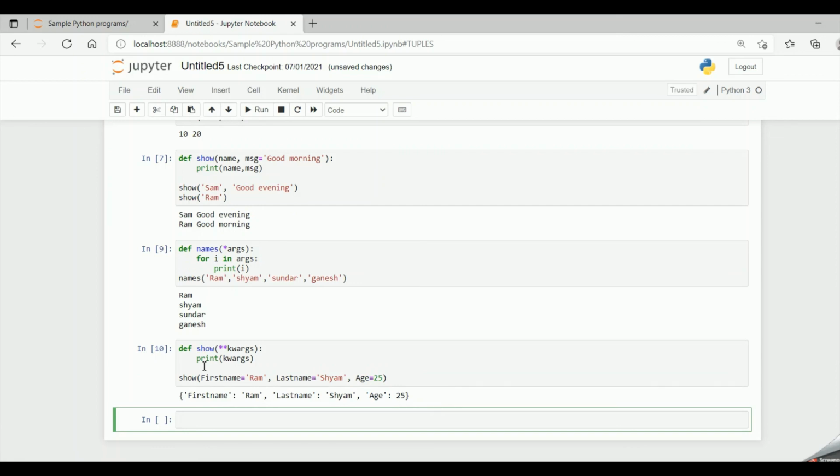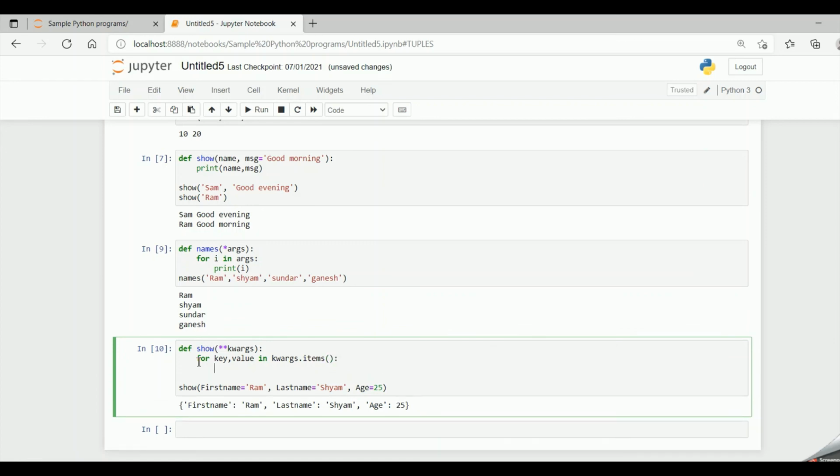Now if I want to get it in individual lines, I have to specify for key comma value in kwargs dot items, print key comma value. So for every key, that is first name is the key, Ram is the value, last name is the key, Shyam is the value, age is the key, 25 is the value.